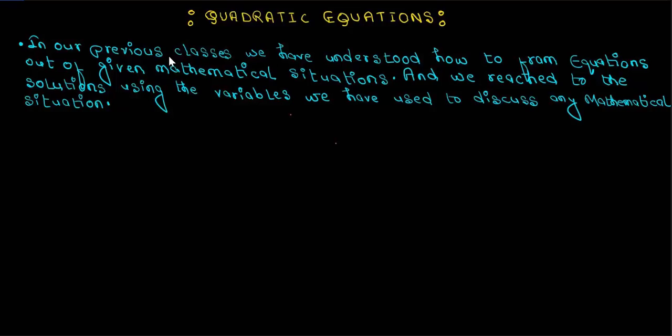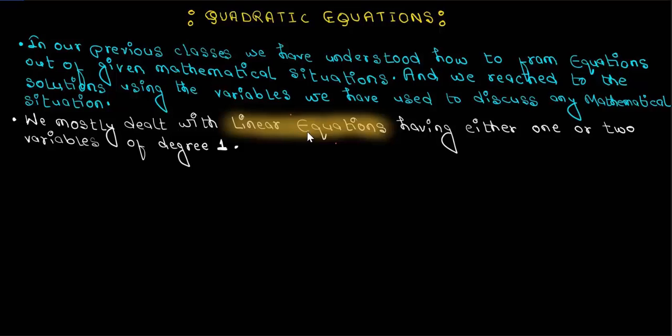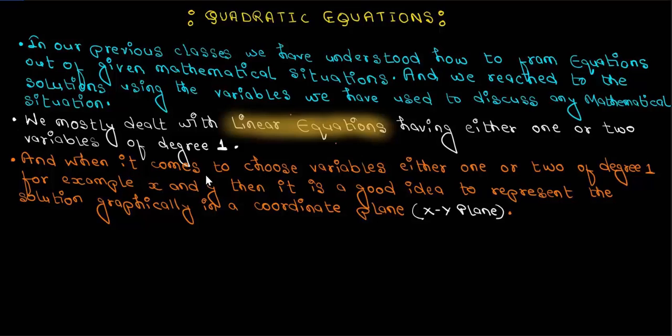Quadratic equations. In our previous classes, we have understood how to frame equations out of given mathematical situations, and we have reached the solutions using the variables we have used to discuss any mathematical situation. We mostly dealt with linear equations having either one or two variables of degree 1, and when we choose variables, either 1 or 2 of degree 1, for example x and y, then it is a good idea to represent the solution graphically in a coordinate plane, that is in an xy plane,